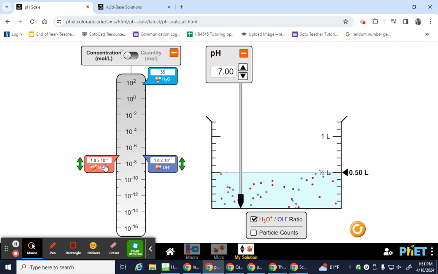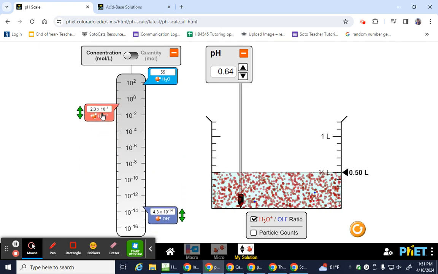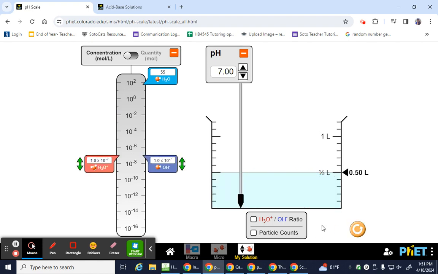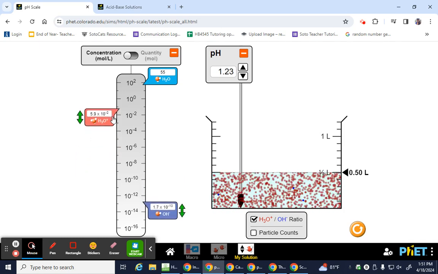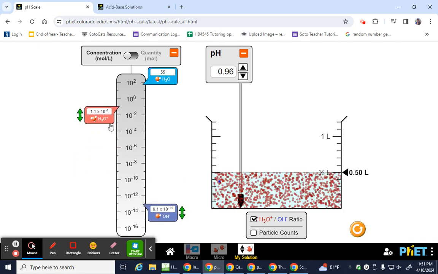And if we were to lower that pH, so I brought it all the way down to a 0.64, I can easily tell there's more H3O than there is OH. It's a balance game, okay? When it started out at 7, those were equal to each other. But when I was lowering that pH, that meant I had more hydronium or hydrogen ions than I did hydroxide,